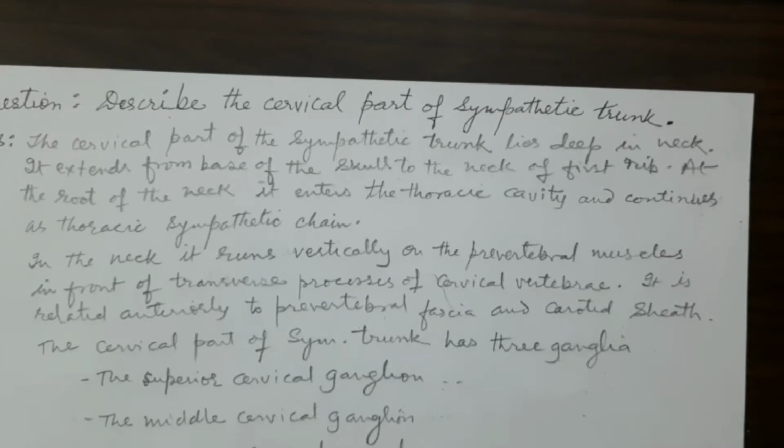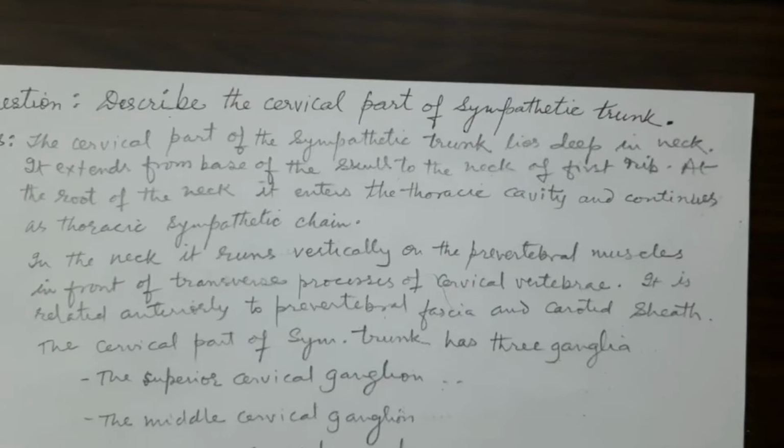This is the collection of postganglionic neurons, because the preganglionic neurons of the sympathetic trunk are located within the spinal cord. They are located between the thoracic one segment of the spinal cord and the lumbar second segment of the spinal cord. So there are at least 14 spinal segments, T1 to L2, which contain the preganglionic neurons. But the neurons located in the ganglia of the sympathetic chain are the postganglionic neurons.